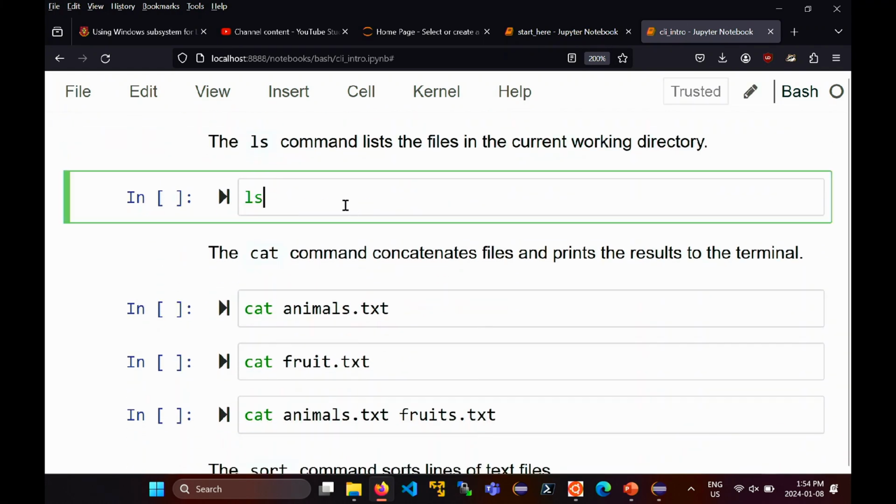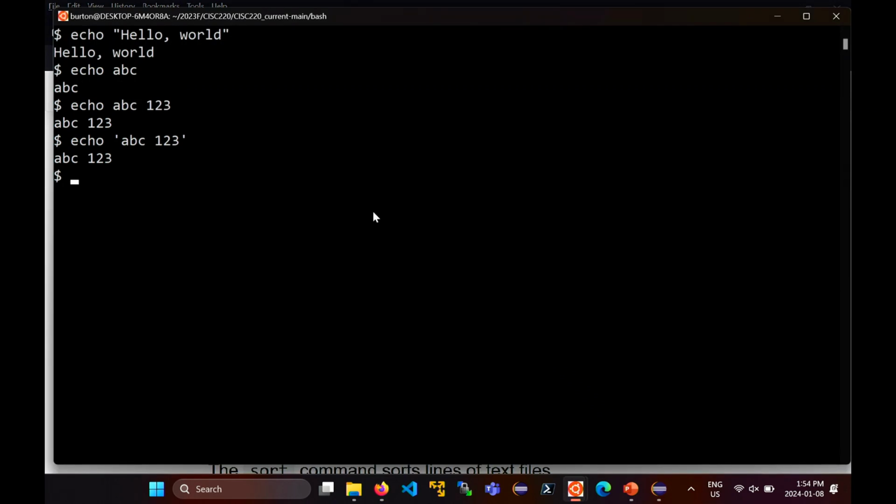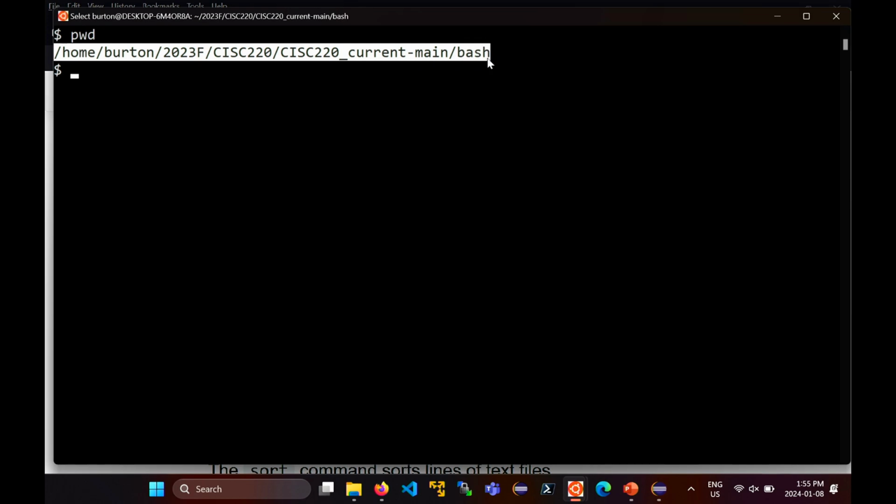Okay, so this terminal is running in some directory or some folder on my Linux subsystem right now. The command pwd is the command that tells you which folder or which directory the shell is currently running in. And so it tells you that the shell is currently running in that folder right there.